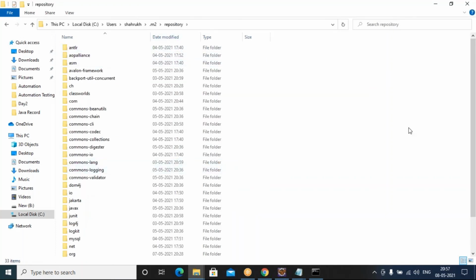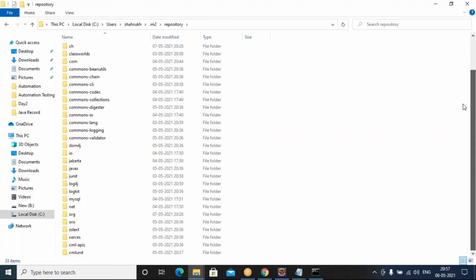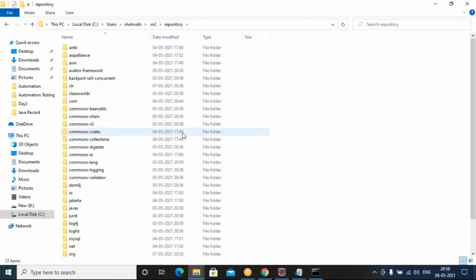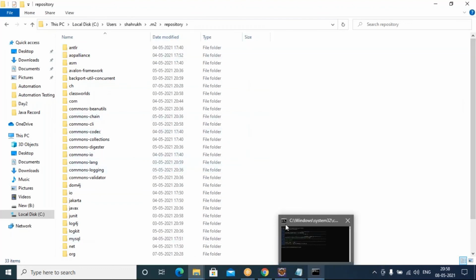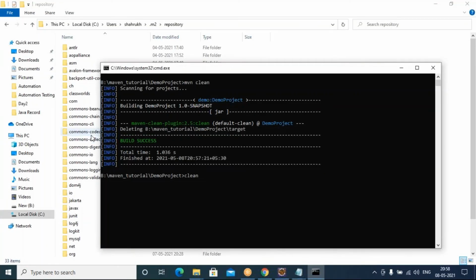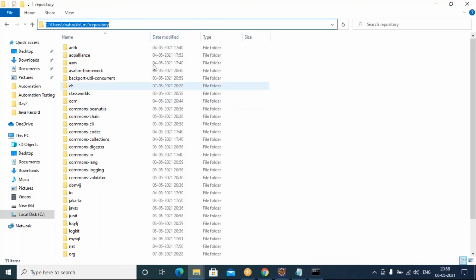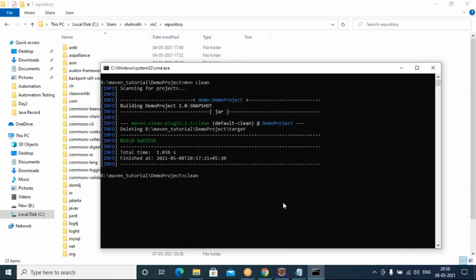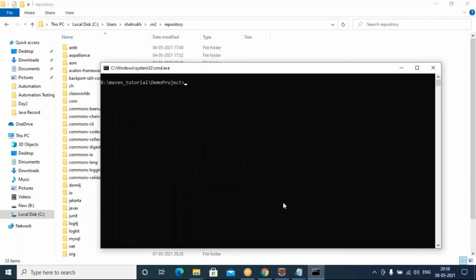You can see so many files are there, which are pulled by Maven to build your project. I have built several different projects, so that's the reason I am seeing this many files. Now I will just clear this screen and call mvn install.